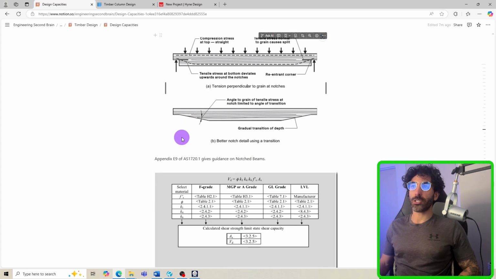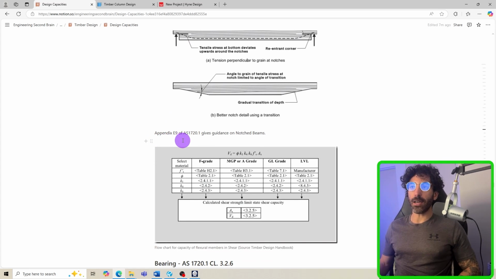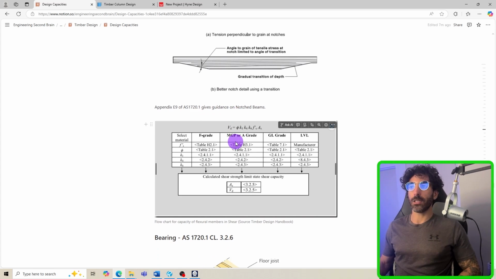Okay, so if there's a notch, it will reduce the shear capacity of the beam, especially because notches are typically done at the support locations where the shear forces are the highest. Appendix E9 of AS 1720.1 gives guidance on notched beams. If you want to go into further detail, you can just head to this appendix and you will find out more